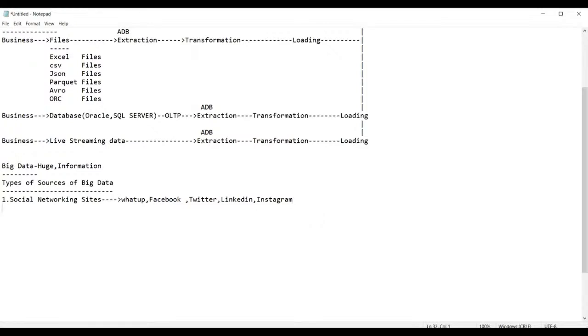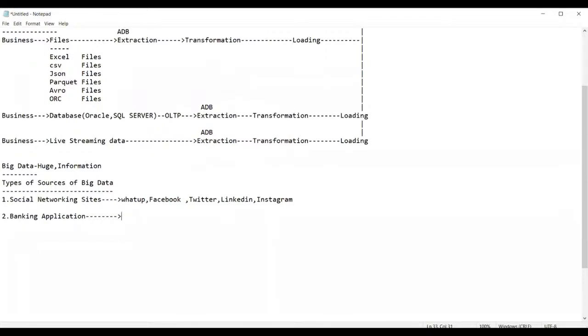Getting my point? Next, guys, you have the second source. What is the second source? We can say the banking application. Across the globe, banking applications are considered a major source of getting big data.